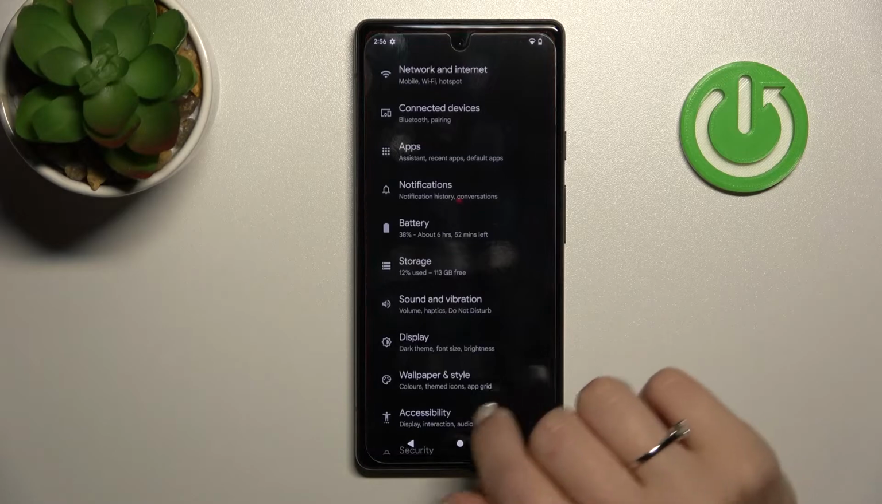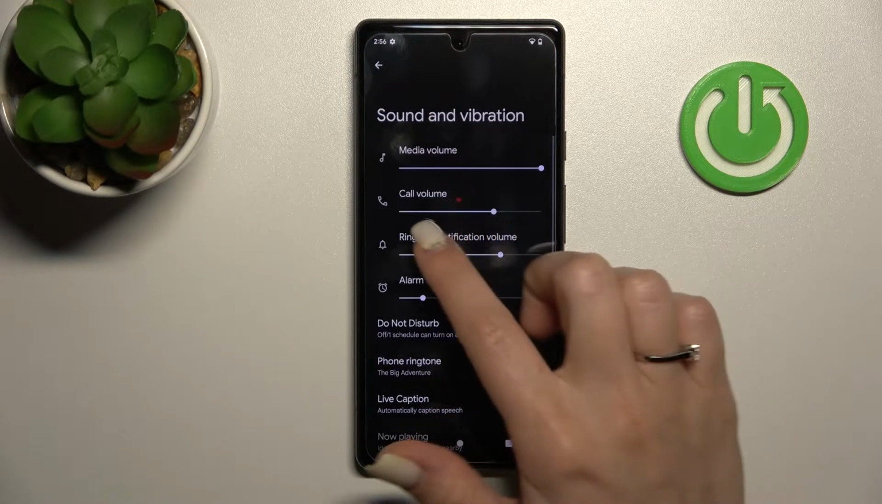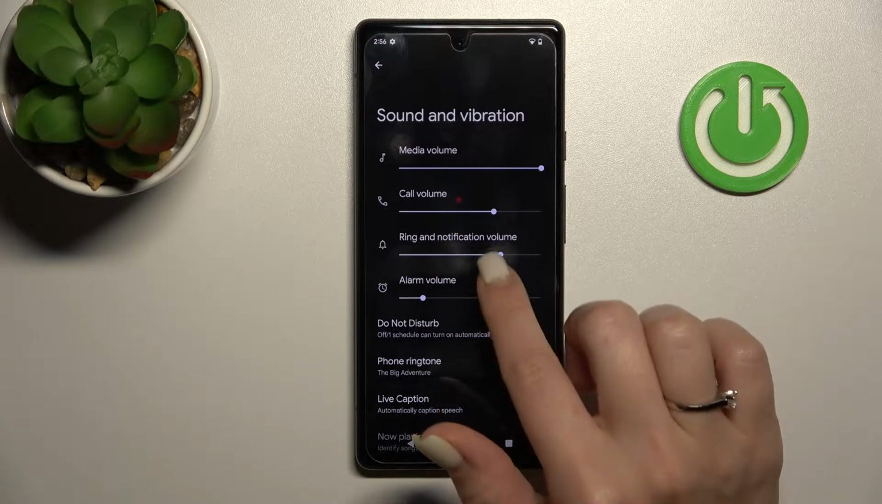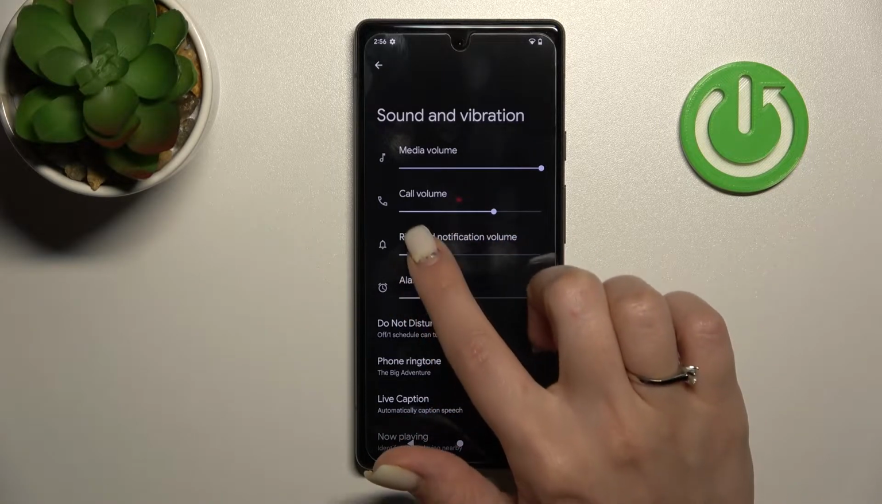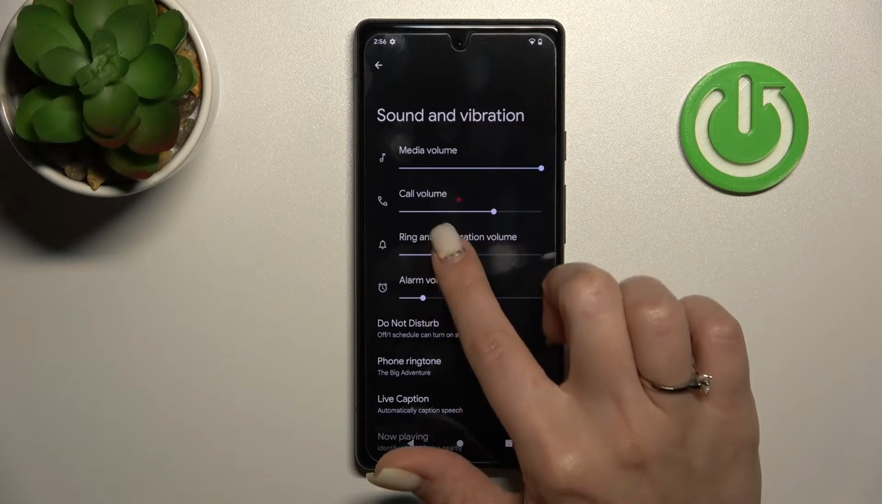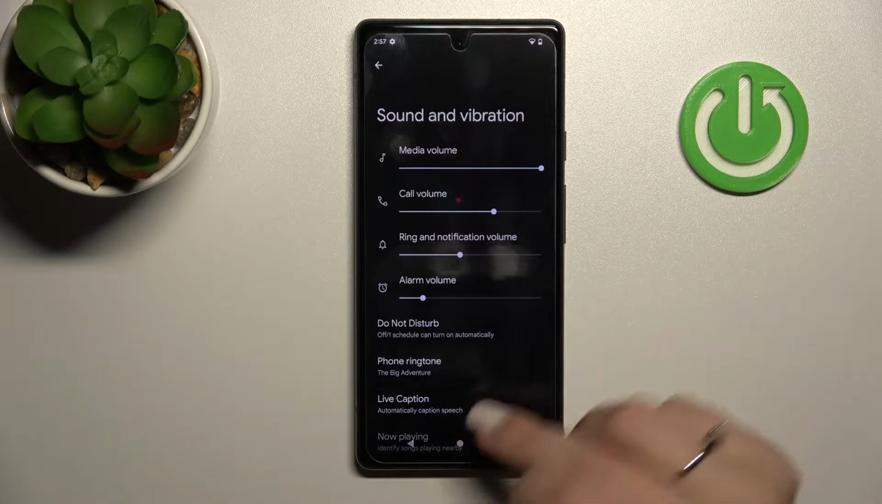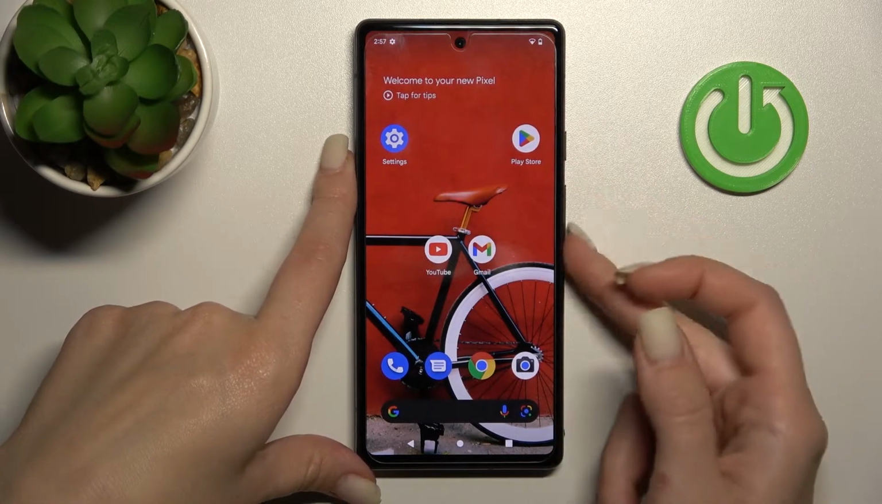So first, let's open the Settings and then tap on the Sounds and vibration section. Then you'll see here the ringtone and notification volume panel. To change your device ringtone volume, hold and swipe to the left or to the right side with your finger this dot. Also, you can make it by the second way, where you just press the up or down volume button here